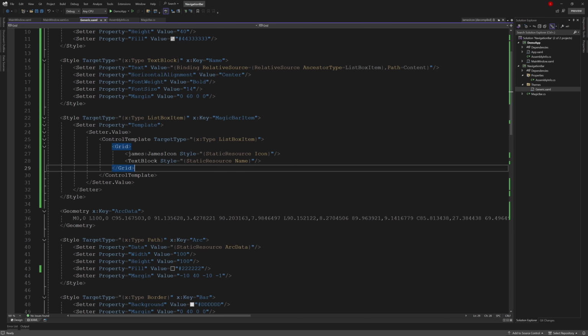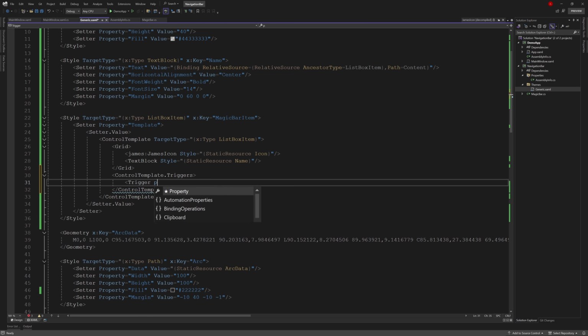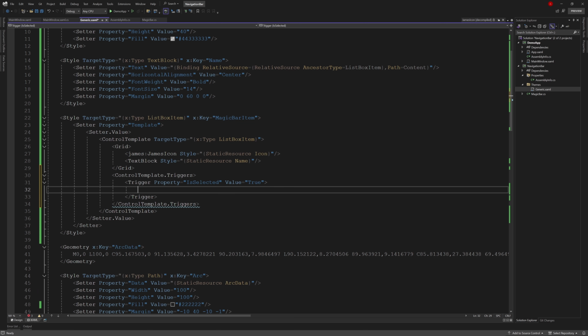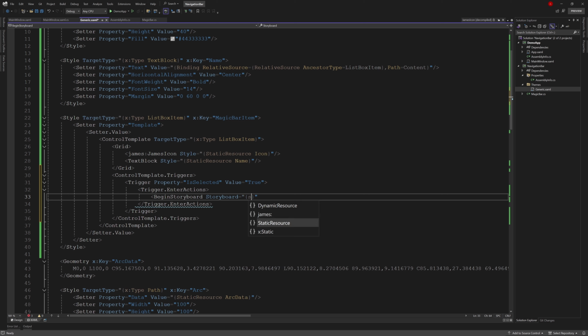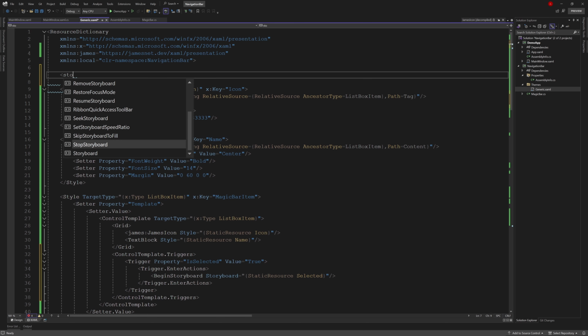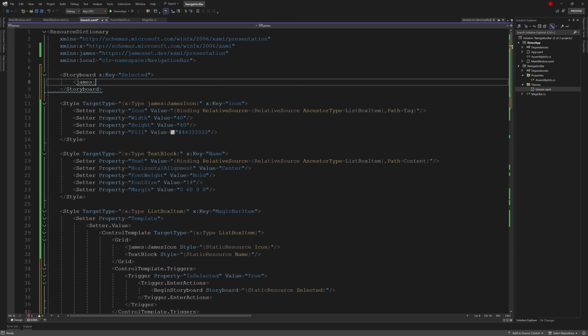We're at control template triggers here, needing both interaction and x:Action. And next, let's set up the storyboard content above. For the part where the icon moves, we need to use ThicknessAnimation, which refers to the thickness animation in WPF.